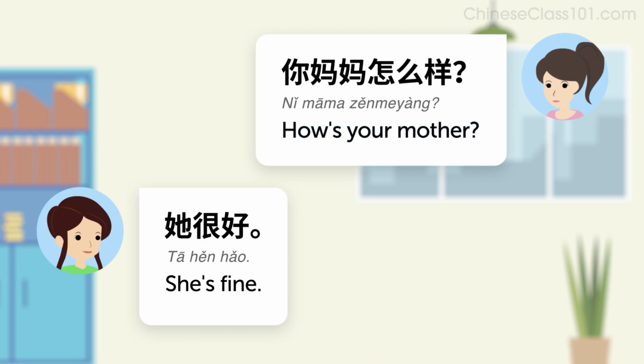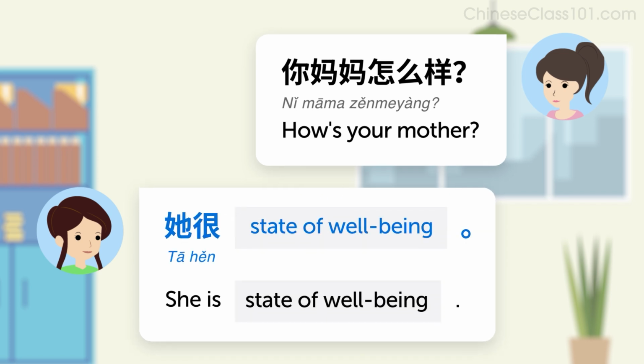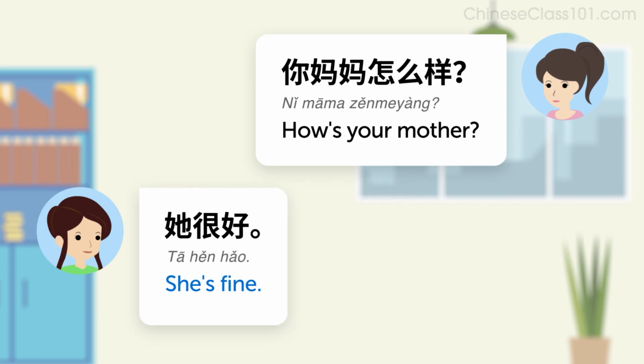Now, how do you answer this question? The pattern is, 她很 state of well-being. This Chinese sentence literally means, she very, but it translates as, she is state of well-being in English. For example, she's fine. 她很好。